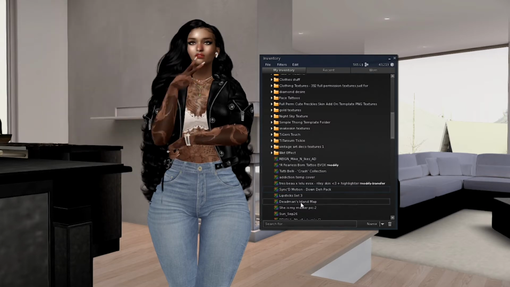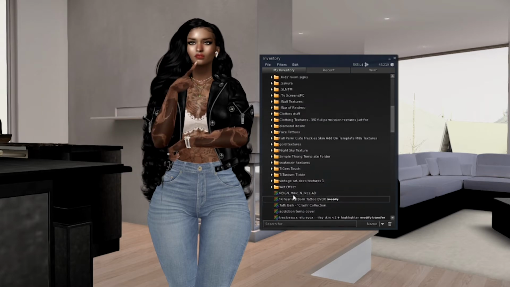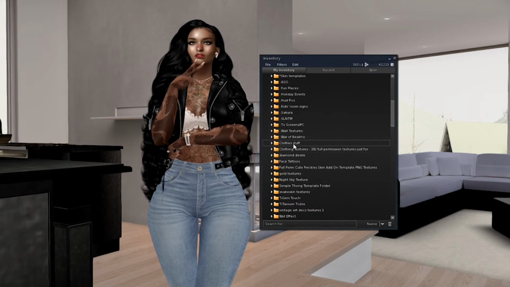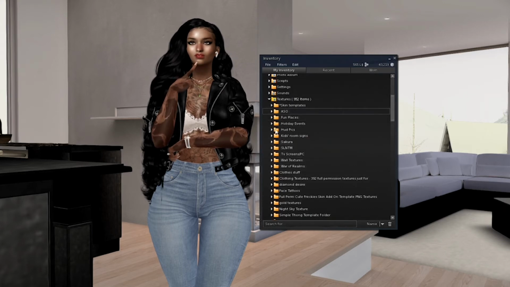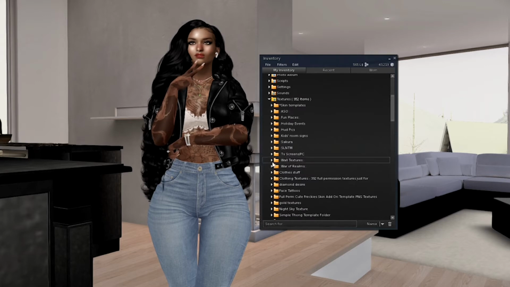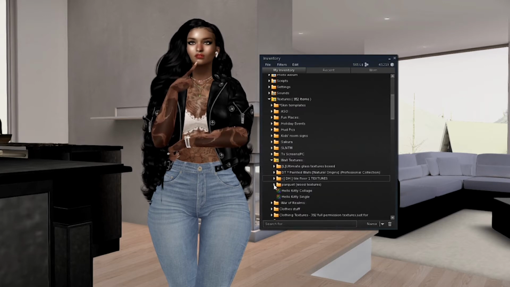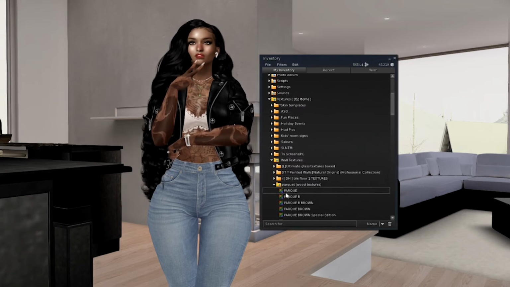So you have the option of keeping them or not. And see, I have a lot of different textures for different things. Wall textures, housing textures, stuff like that.